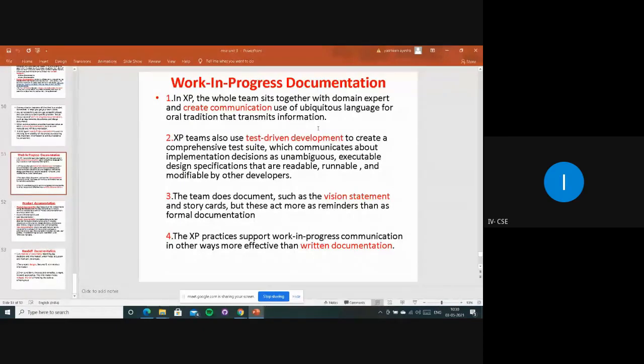So we are creating communication by involving everyone, right? In this first point, we are using agile methods, like XP. Mainly the whole team will be sitting together, and sitting together is also one part of XP, right? Whenever we are sitting together and discussing the project, whenever we are releasing it, we will definitely involve the domain expert and the product manager also.